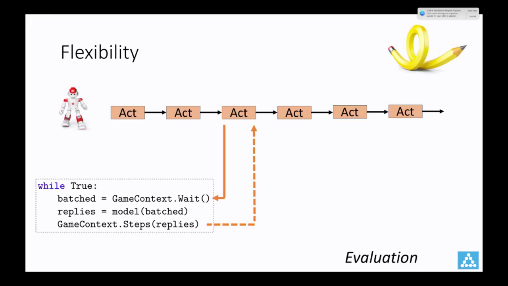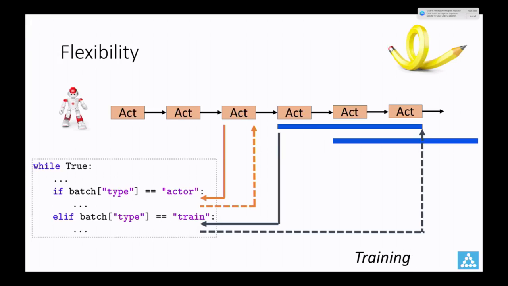And on the C side, the agent basically receives the current state, sends it to Python for network evaluation, and gets the action back and continues. So it's very simple. But what happens if we want to add some training? We want, for example, to train the agent so that it becomes better and better. That's actually easy in ELF.